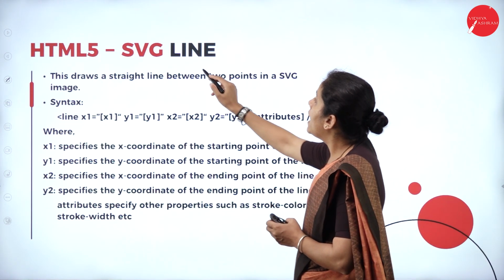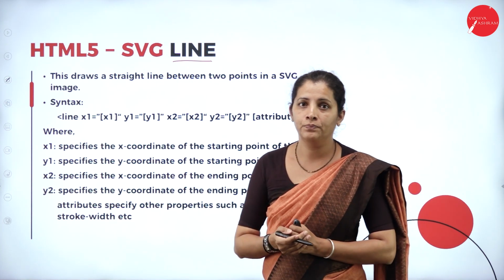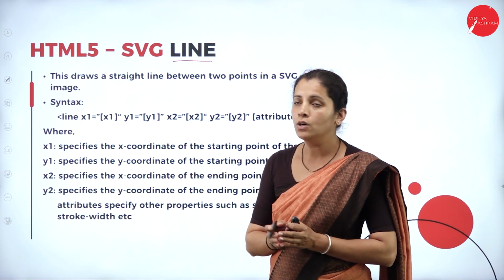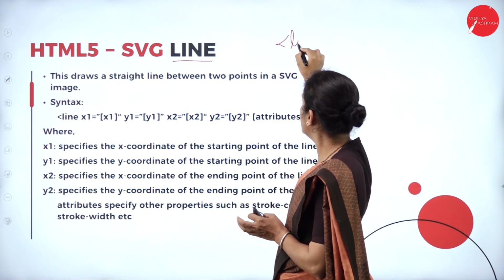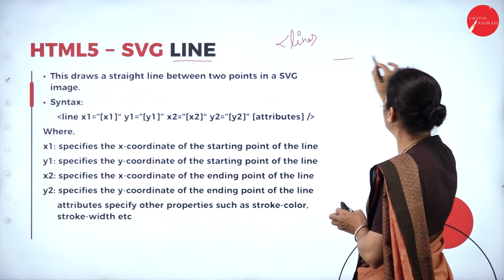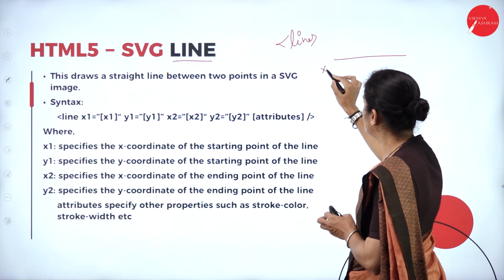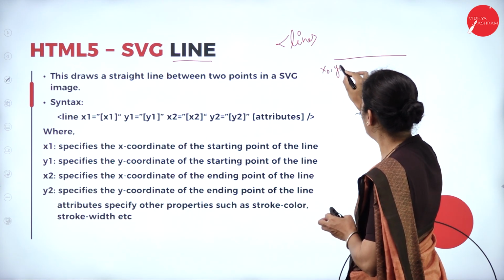Now I have the SVG element called line. That's nothing but the tag. What is my tag name? Line is my tag name. So if I want to draw a line, what are the things I want? I want the x0 coordinate, y0,